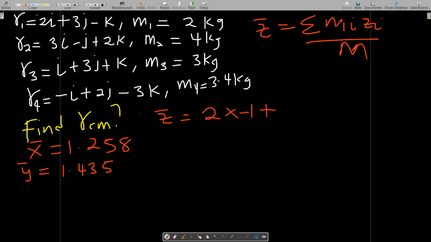Plus when I pick the second mass, which is 4, times the z component of the second particle, which is 2, plus when I pick the third mass, 3, multiplied by the z component of the third particle, which is 1, and plus 3.4,